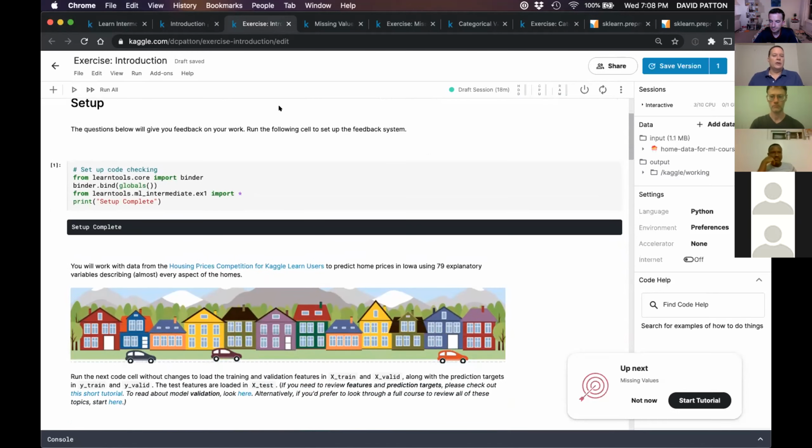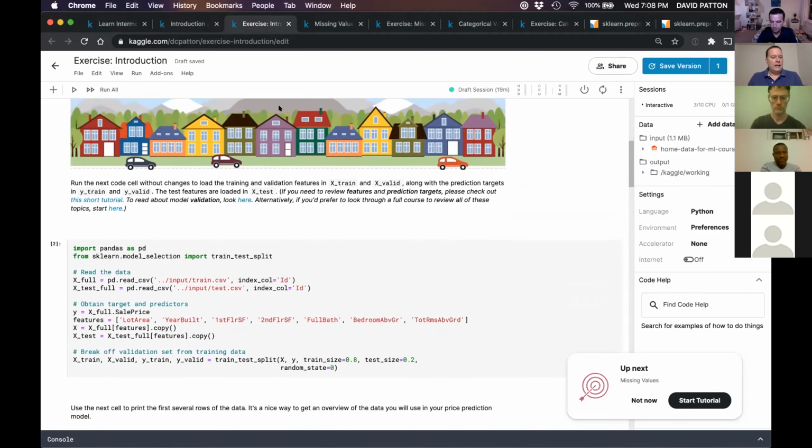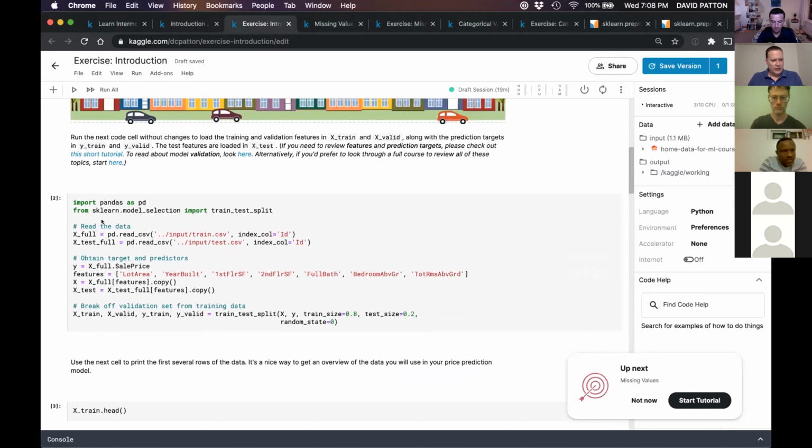The data set we're going to look at is a pricing competition for housing data. This is the sales price of houses in different neighborhoods, with different types of houses with different characteristics. In here, we're going to pull it in.